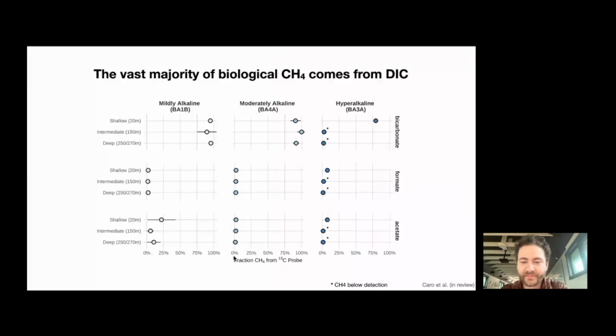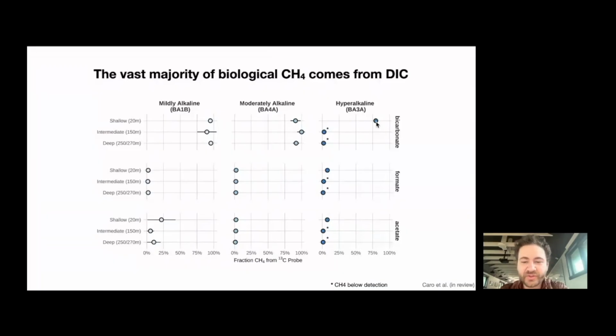And so here we're looking at the fraction of methane that is sourced from the 13C probe as a relationship between 0 and 100%. And you can see that in the bicarbonate conditions, where we're able to detect methane, the fraction of that methane that came from bicarbonate is well over 80% in most conditions. Of course, it is the lowest in the hyperalkaline conditions, just above 75%, which is still significant, but it